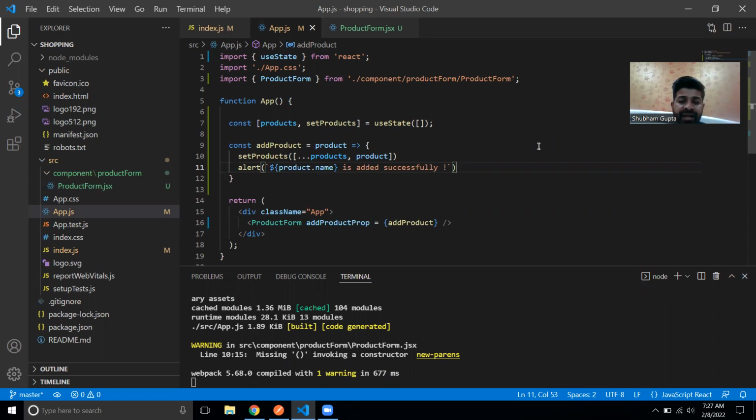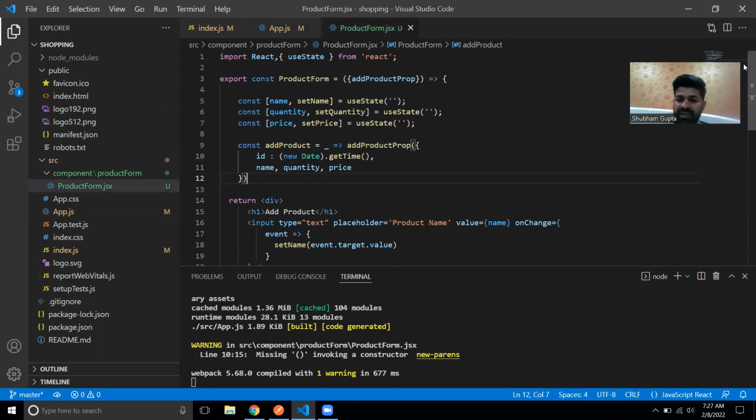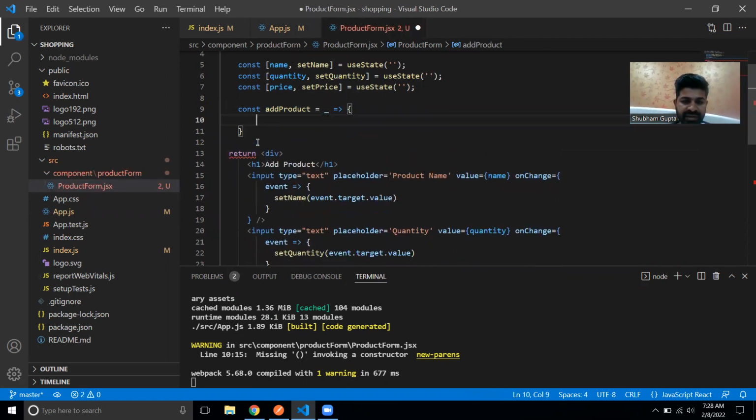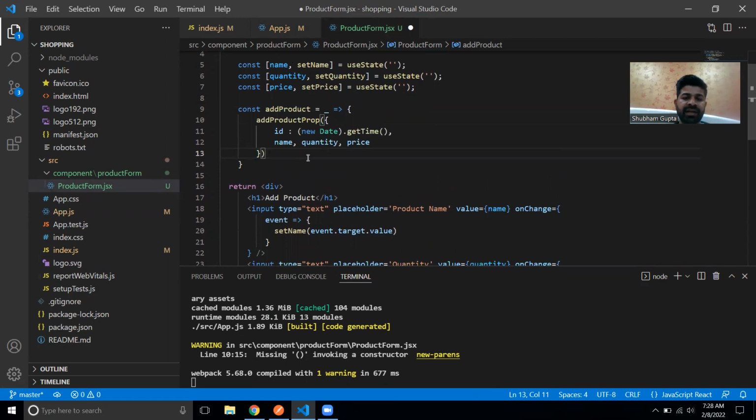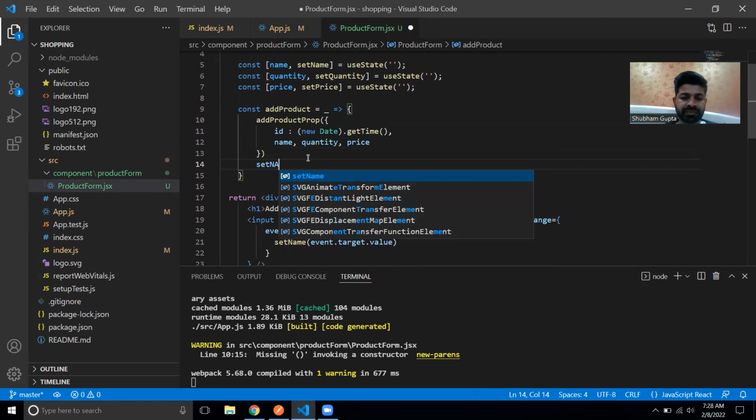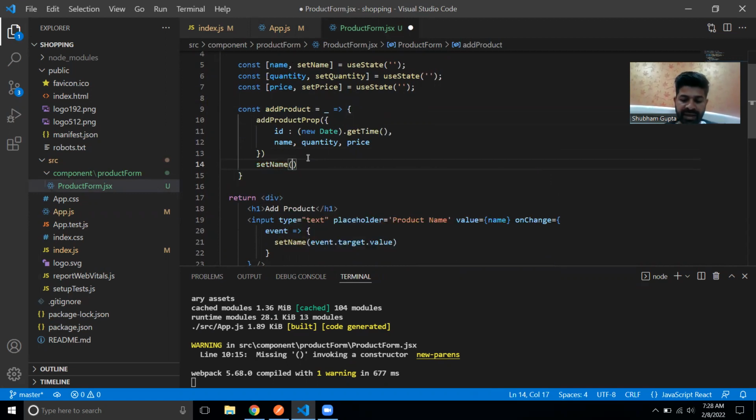And after that we need to do something also. Let's suppose here when you do this add product, okay, when you tap on this add product, then you pass the JSON to the parent, right now. So here also let's do some detailing. Instead of a single method, we do like this. We added here, and after this what we have to do, we need to set name as empty again,